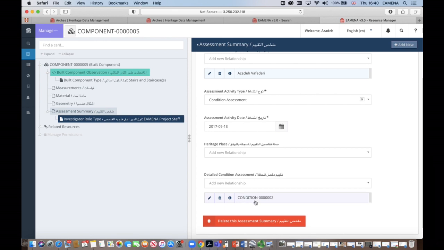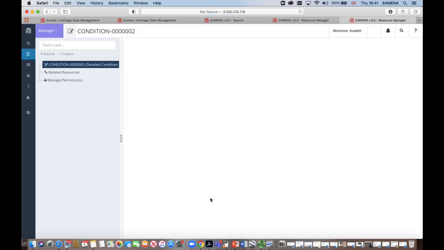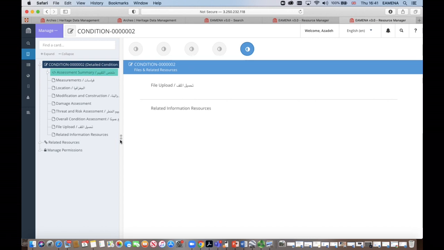Then when I get to this stage, there are two ways to do it. Either I can go directly to my condition record by clicking on this pen symbol next to my condition, or if I want to take a break and come back, then I need to make a note of this condition number in order to search for it, find it, and then edit and complete my detailed condition assessment record. So now, for this example, I click on the pen symbol next to my detailed condition